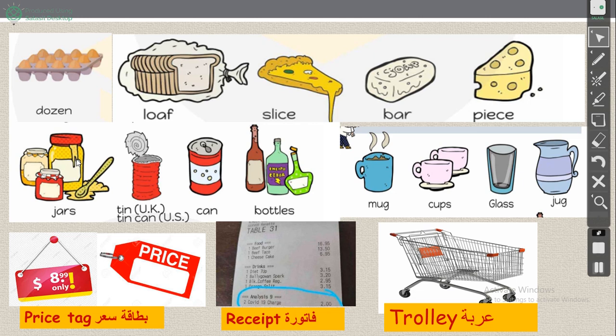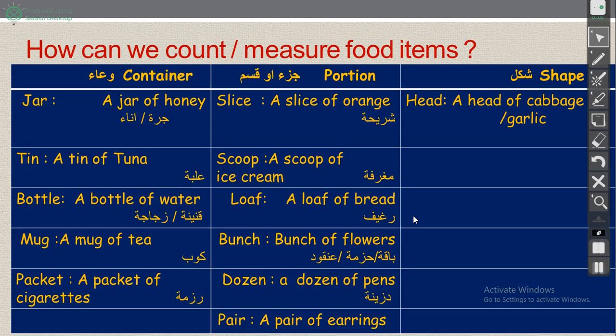Okay, most of the time for honey. And we have dozen, دزينة. We have loaf, رغيف. We have slice, شريحة. We have bar, لوح. We have piece, قطعة. Okay? And I said we can count food items from the container, or from the portion جزء أو قسم,